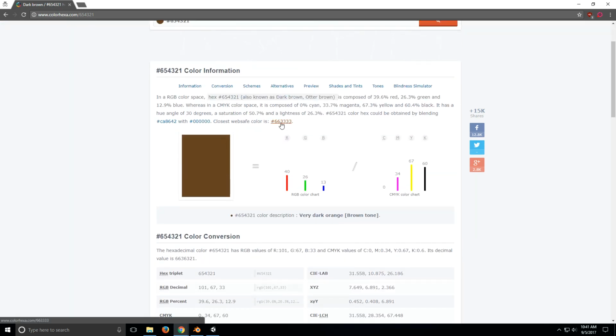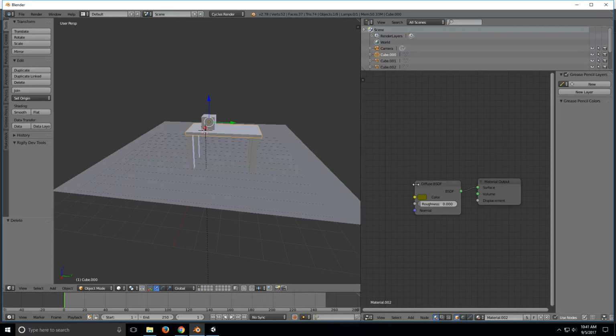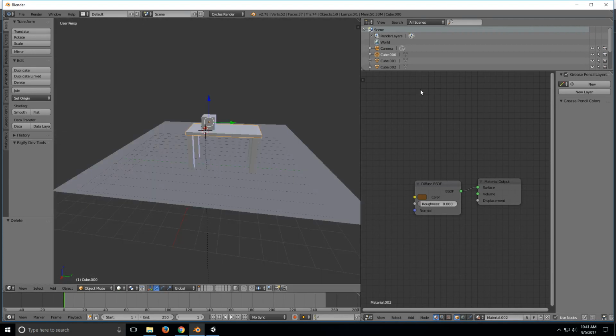This is good. It's a hexadecimal color for brown. And then